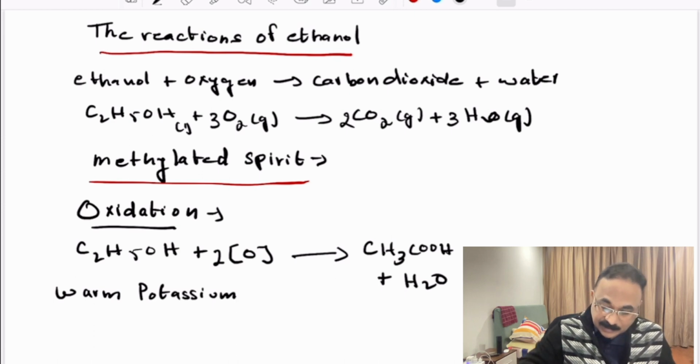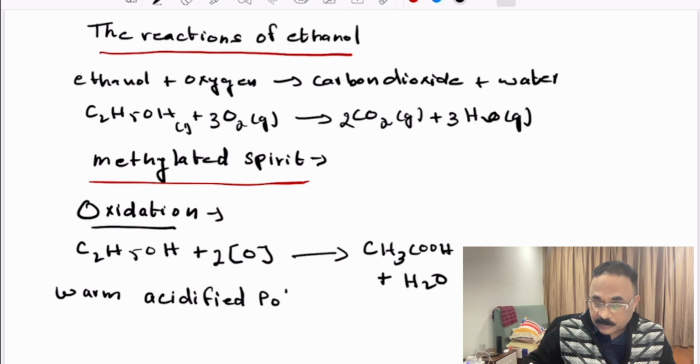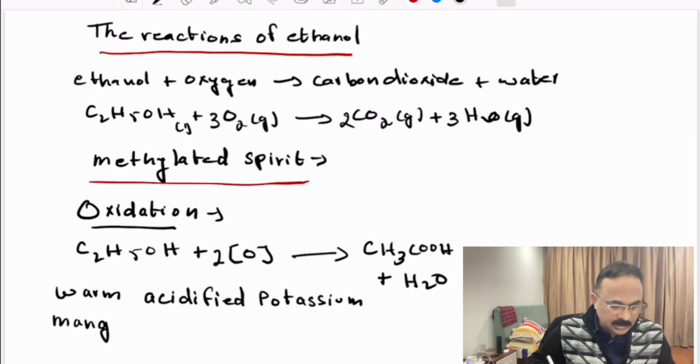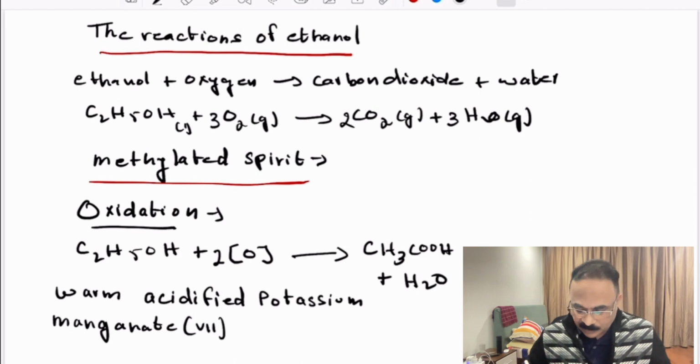So let's write that. Acidified is very important. So warm acidified potassium manganate, and in the bracket we can write 7. And when we add this warm acidified potassium manganate solution to it, it will oxidize ethanol into ethanoic acid and